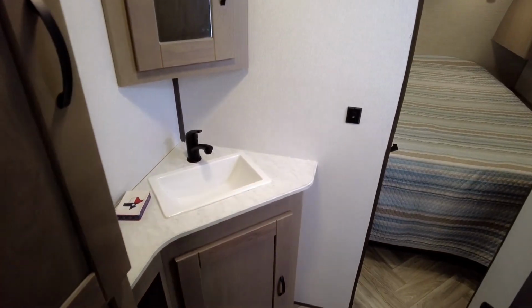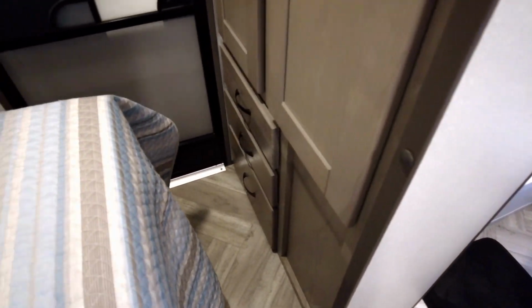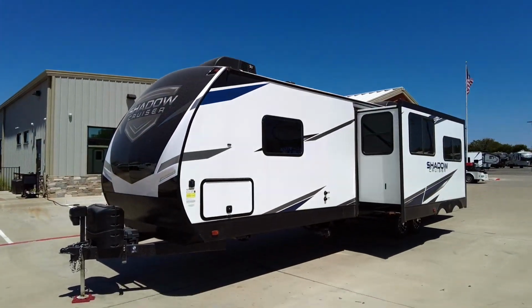The main walk-through bathroom has a full shower to freshen up in so you can get back to having fun fast. The master bedroom has a second exterior door and a king-size sliding bed. This Shadow Cruiser will make it easy for you and your family to go out and make memories that will